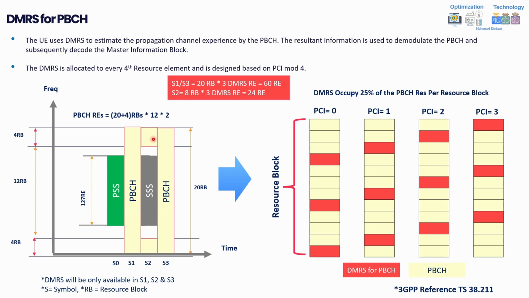This is how the SSB block in general looks like. An SSB block contains 4 symbols, if you remember, and it can have up to 20 resource blocks. If you are speaking about DMRS for the broadcast channel, we need to focus on the symbols where we have the broadcast channel. As you can see here within the SSB block, we have symbols 1, 2, and 3, 3 symbols used for the broadcast channel. All of these will be occupying DMRS.